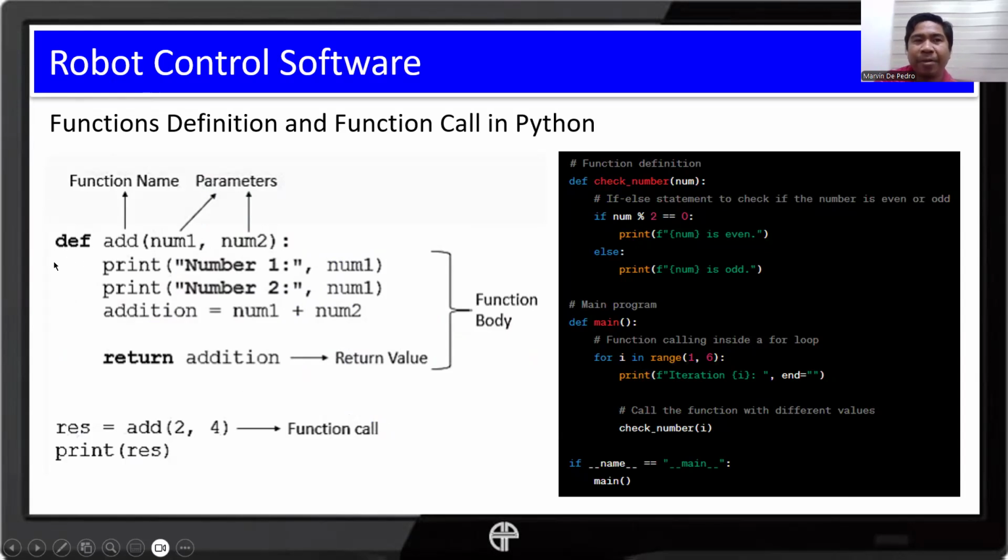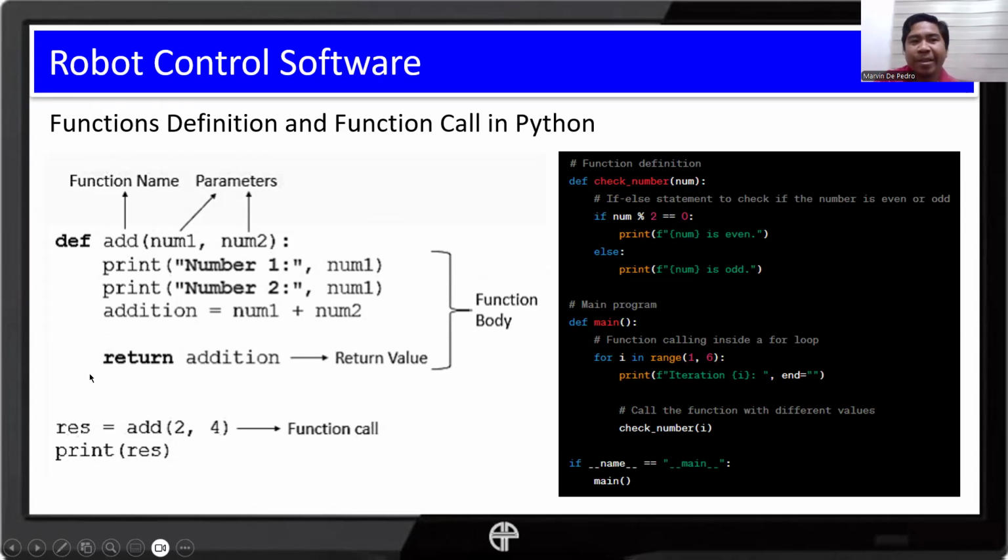So we write def and then the function name, and inside the parentheses we have the parameters, just similar to the previous example in C. Here we have the parameters named num1 and num2.